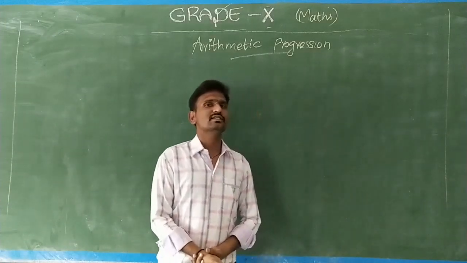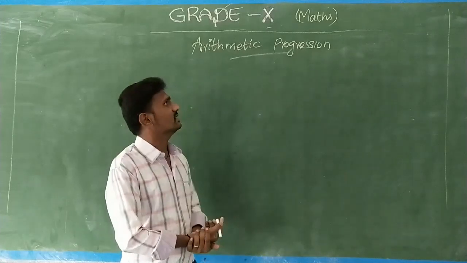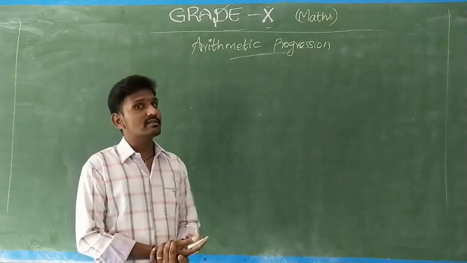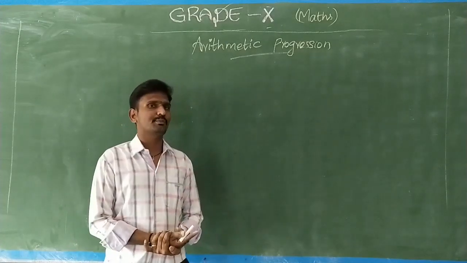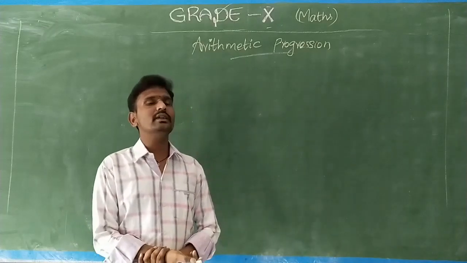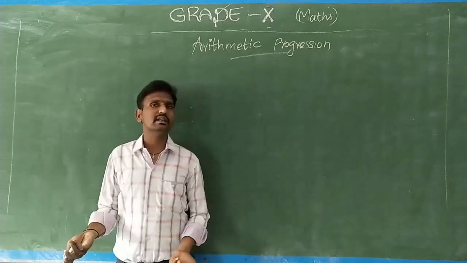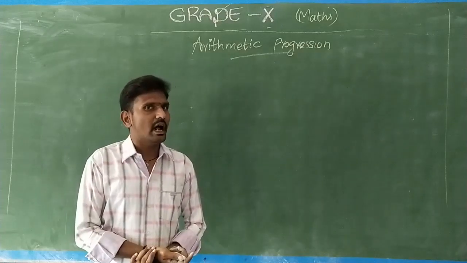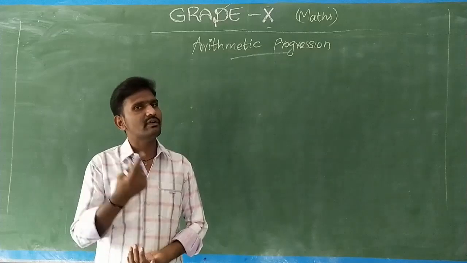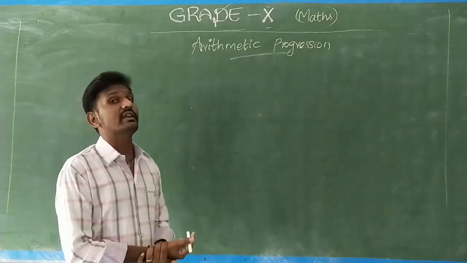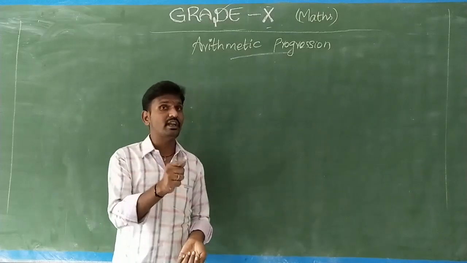Next class. This is the class for your 10th grade arithmetic progression chapter. This is your last exercise in arithmetic progression. We already completed the first three exercises: 5.1, 5.2 and 5.3. In exercise 5.3 we found some deleted portion. In your previous class itself I told you, and again I remind you, in exercise 5.3 questions 15 to 20 are deleted.